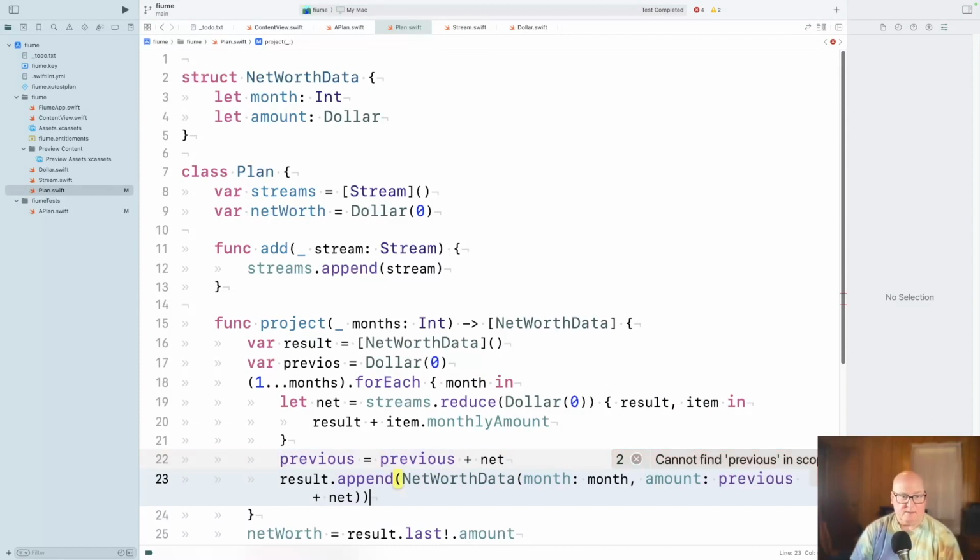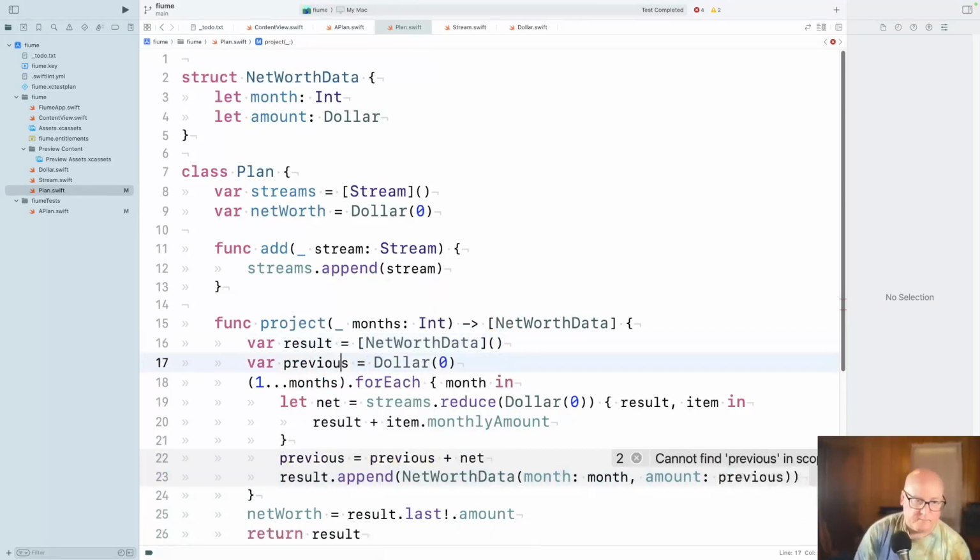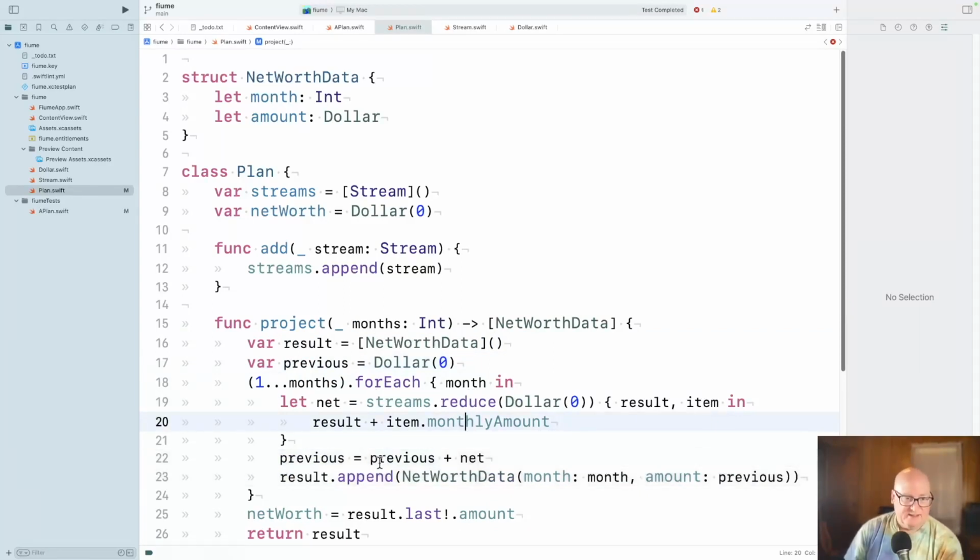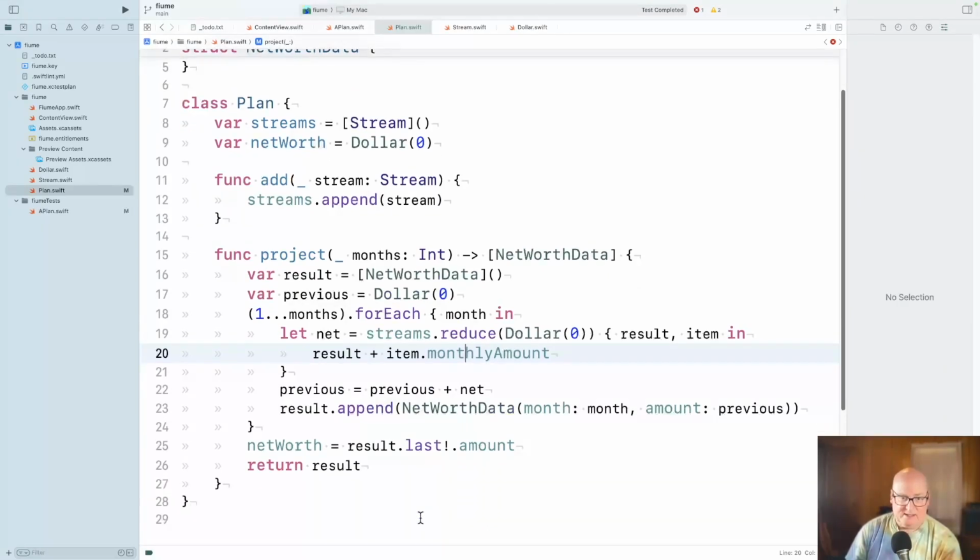I'm not typing that word so well. All right, let's get through it and then worry about it. Okay, so I am keeping the previous month's data, adding it in.